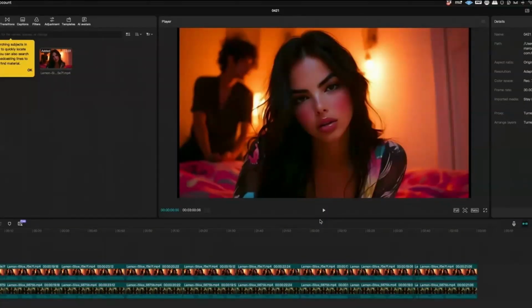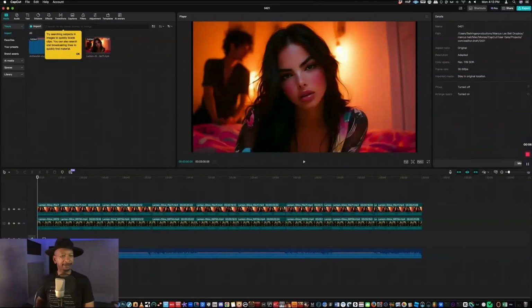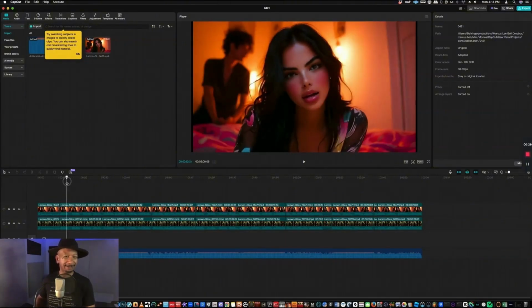All right, so what I've done is I've taken the track and just dragged it into CapCut. Then I took the lemon slice iterations of her singing the song as an acapella, put it on top of that, lined those up,